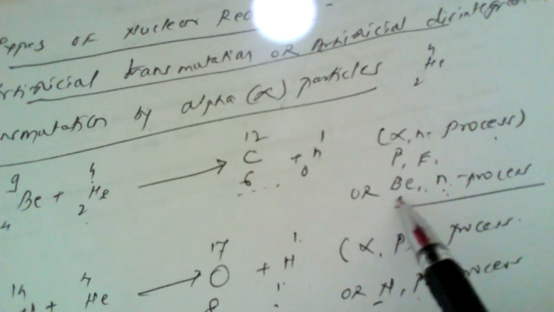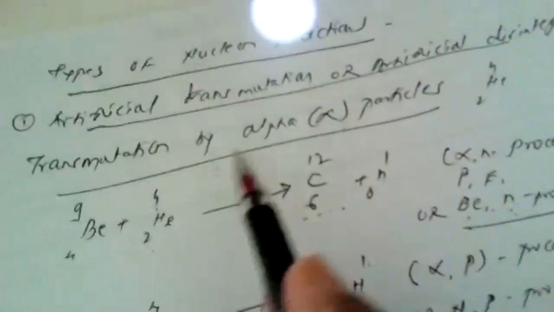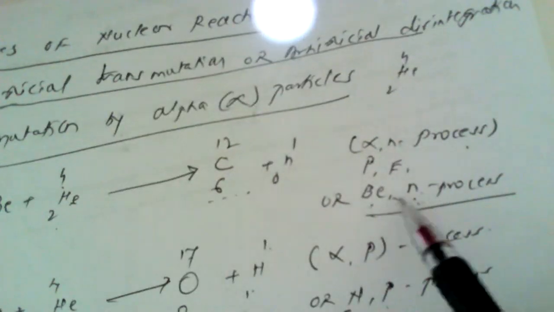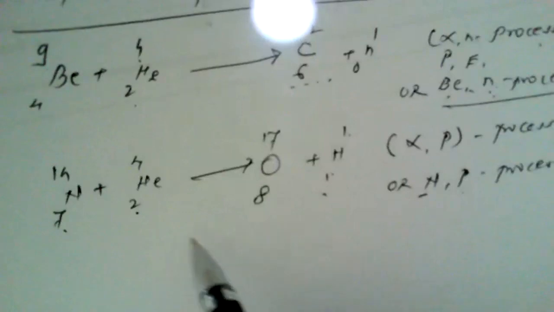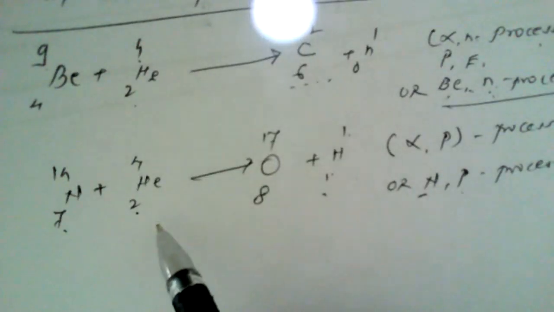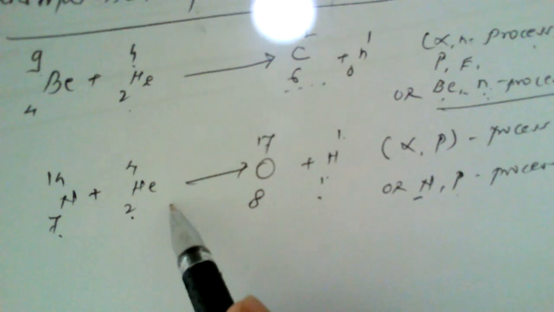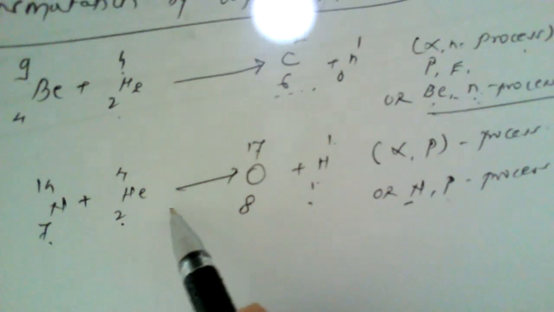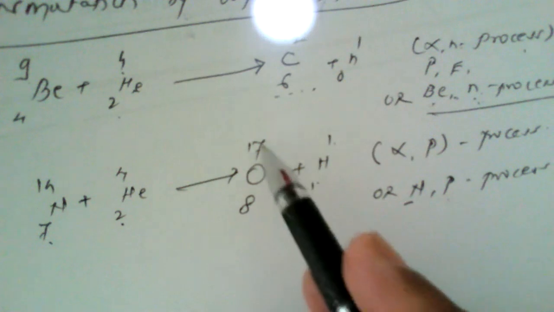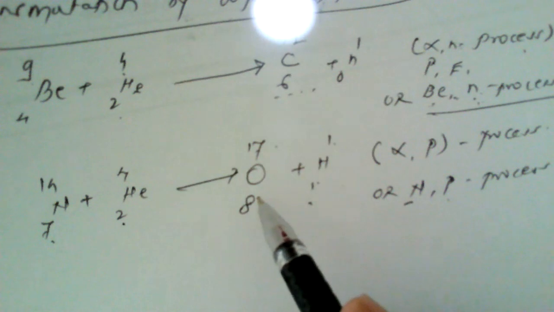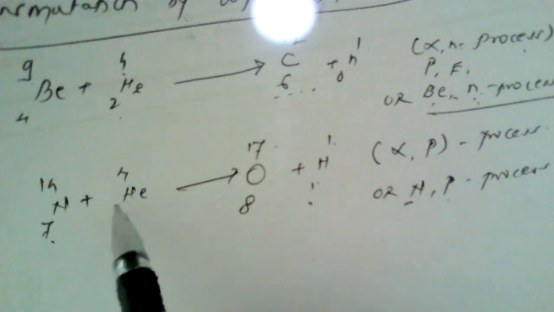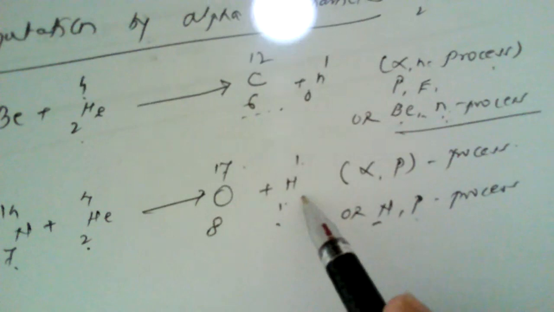This is the projectile and this is the ejectile. Here we have written the heading as alpha particles, so it is not necessary to write alpha particles here, because all these reactions are carried out using projectiles such as alpha particles. The second reaction that we have already studied is nitrogen-14 (7N14), where again alpha particles are bombarded as projectiles, which gives oxygen-17 (8O17). Normal oxygen is 8O16, which is stable, but this is an isotope of oxygen obtained by bombardment of nitrogen with alpha particles, with protons ejected.